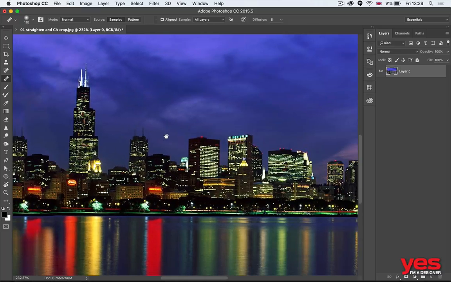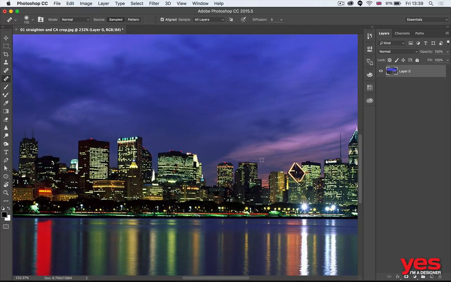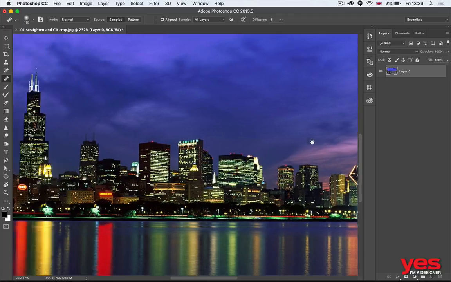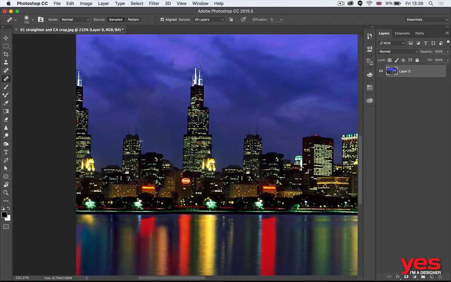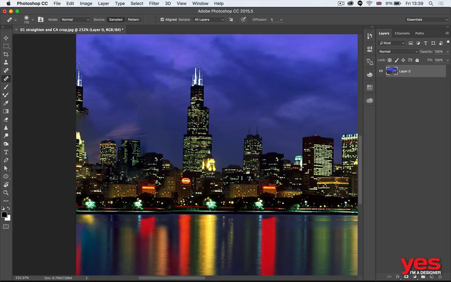So if I want to go a bit further away from that, maybe use this building here, I can just sample from that, hover over this part here and start painting over, and then wait until it blends into the image. So as you can see, that was quite